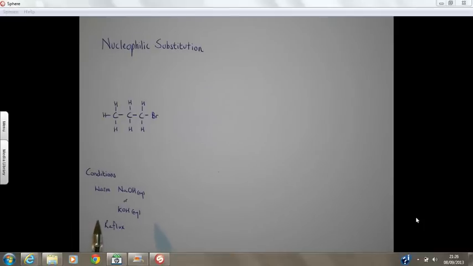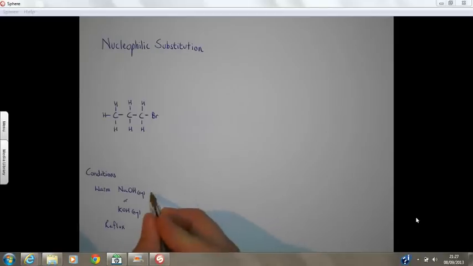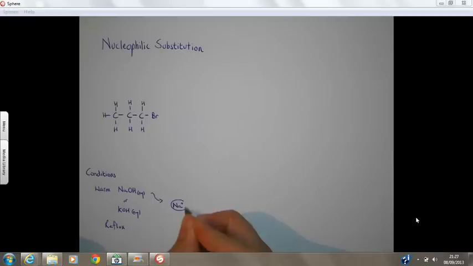Conditions are important. If we use the wrong conditions, we get a different product or no reaction at all. We're using aqueous sodium hydroxide or potassium hydroxide. Aqueous just means the solid has been dissolved in water. And when we do this, we get sodium ions, which are positive, and hydroxide ions, which are negative. And they are free to move about in the water,